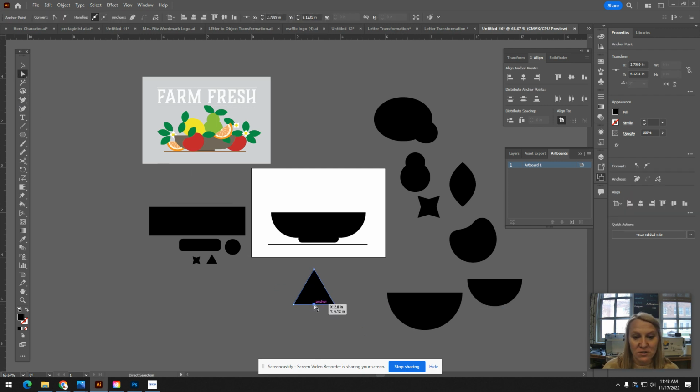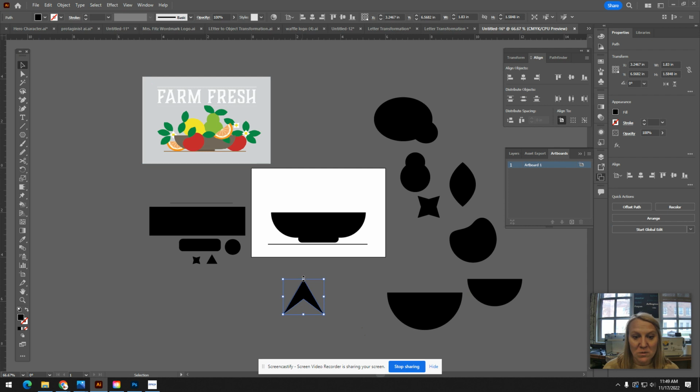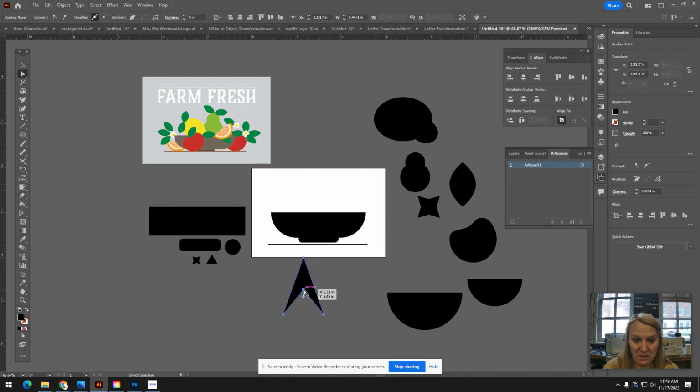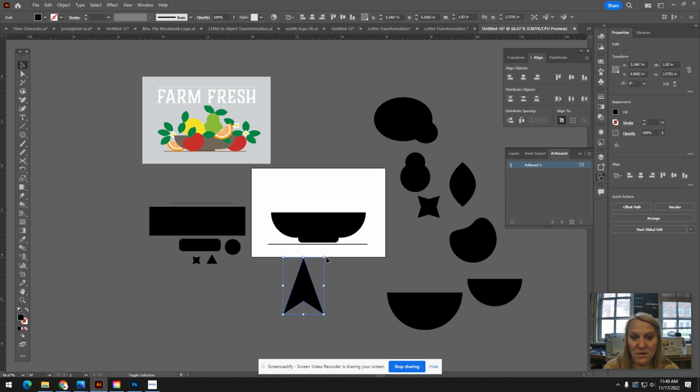All right. And then we're going to use our direct selection tool, and we are going to make ourselves a pointy little arrow. And if that's too pointy, which it might be, click on it, bring it back down, and there we go. And you are ready to start building in the next and changing the colors in the next